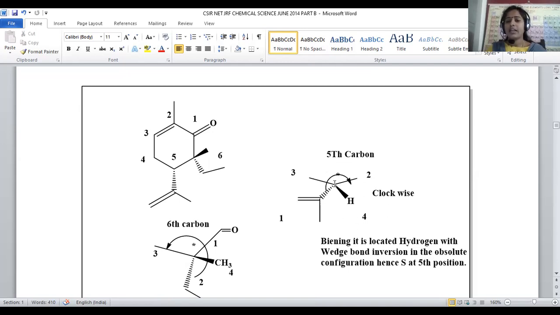So let us assume this is a chiral carbon. Around the chiral carbon, here, carbon, carbon, carbon. Only 3 carbons are present. It is not possible to assign the priority. Higher atomic number will get higher priority, but all are carbons, so it is not possible to predict. Then we have to go for the next atom attached with that. This carbon is attached with a double bond, and this carbon is attached with a single bond, this carbon also single bond. So always double bond will get the priority over single bond.